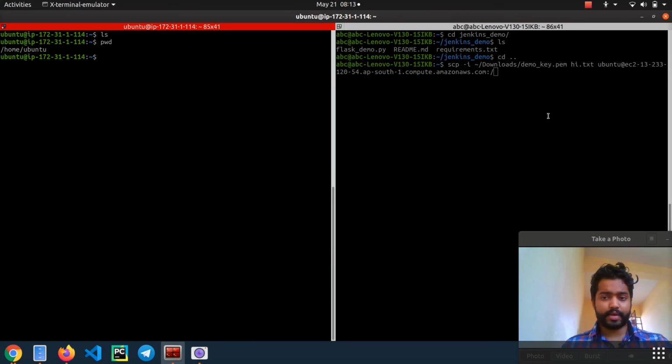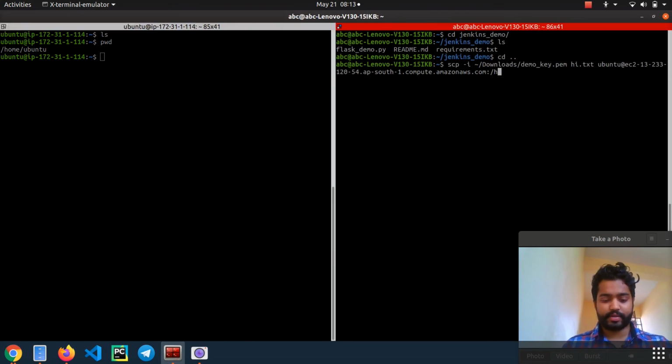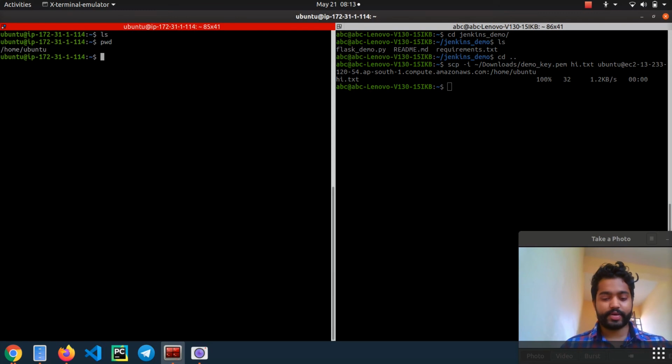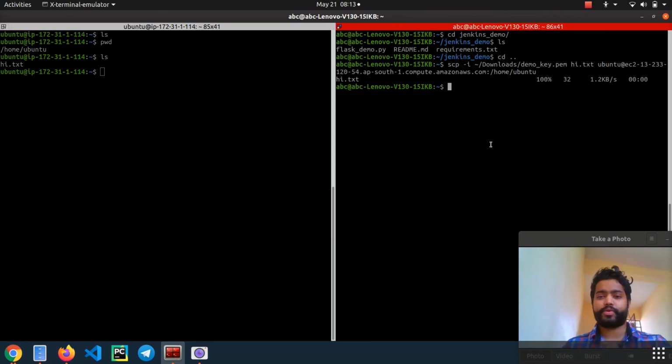So the same thing I'll be mentioning over here as well. /home/ubuntu. It is copied, guys. If I do ls, it has been copied over here successfully. So this was SCP, just for copying a simple file.